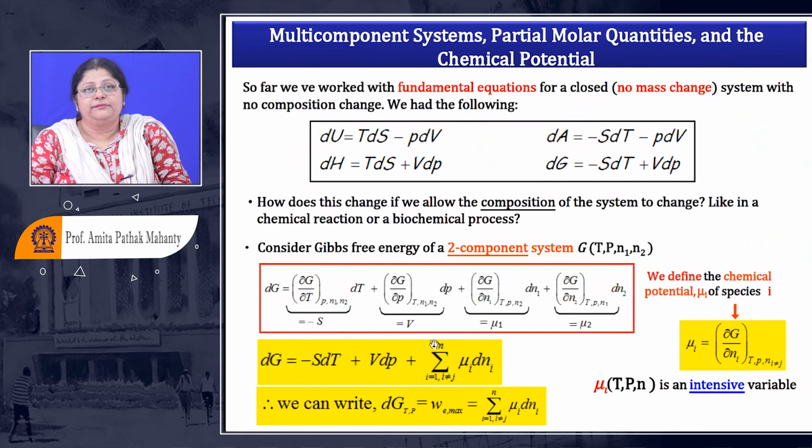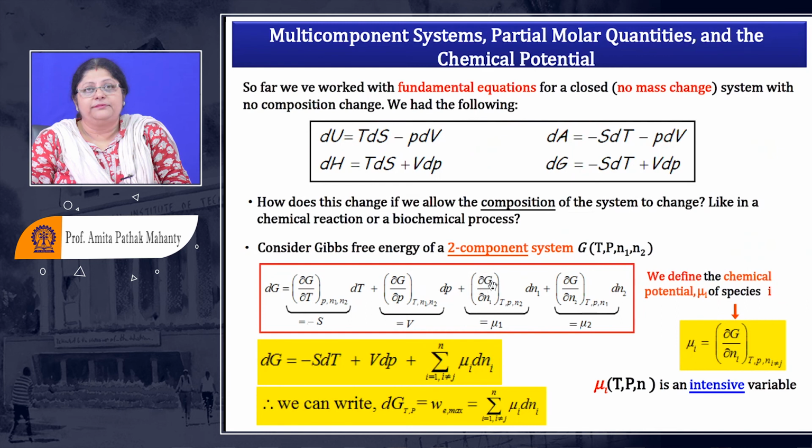Similarly, what will happen to this one? If you compare with your fundamental equation, I am writing now the total differential of this G for any particular system. So if I have a variation of G with respect to temperature, I have to multiply with dT, keeping all the other parameters constant, including P. Then I change with P, keeping temperature and all other parameters constant, and multiply by the total change in pressure. Now what we have to account for is how G is changing with the number of moles which is being added or removed. So I say